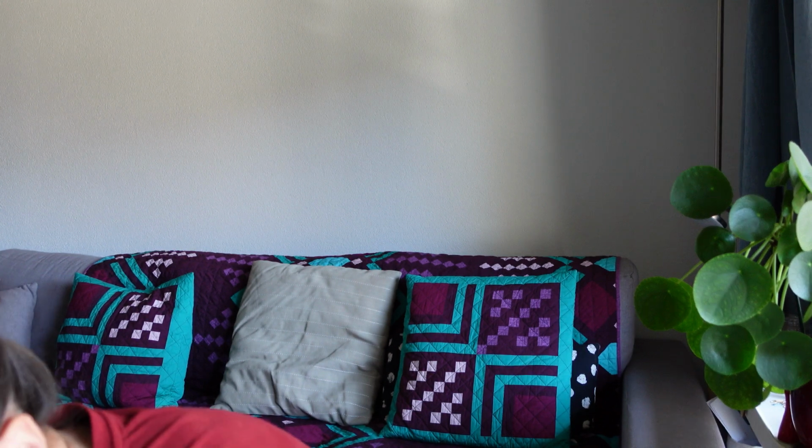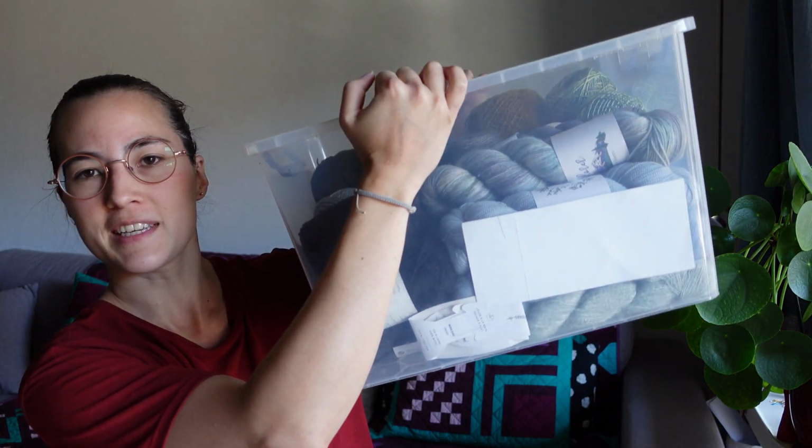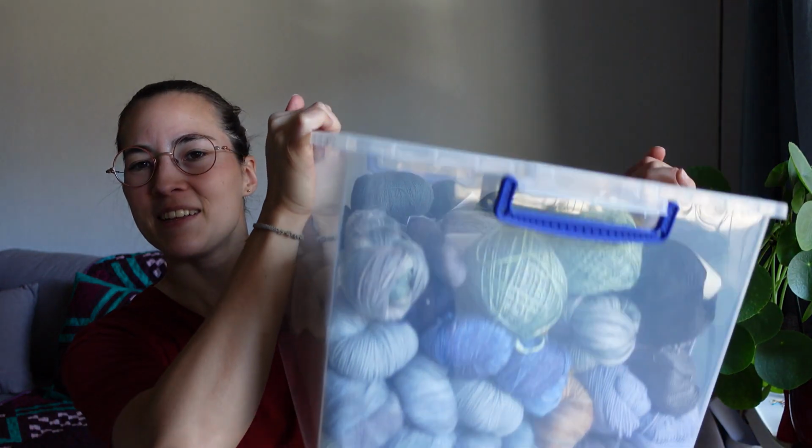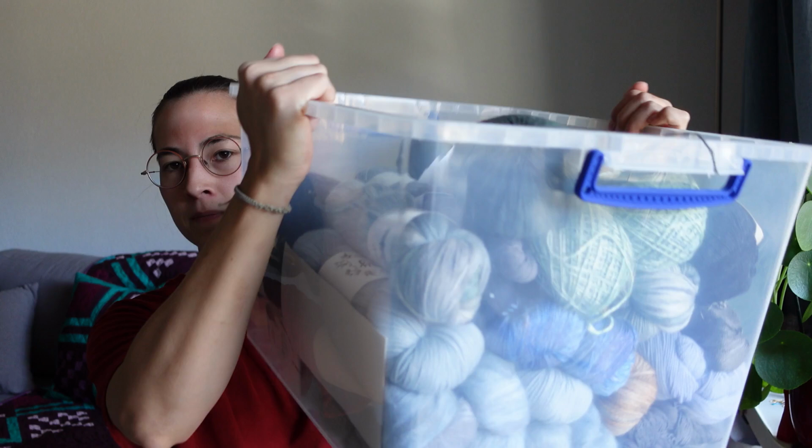I have in front of me my stash. I have two boxes like this. This one is for my full skeins. Why is there paper everywhere hiding? So those are my full skeins, kind of. It's a little bit more empty than at the beginning of the year, which is nice. But yeah, it's one box for full skeins and then